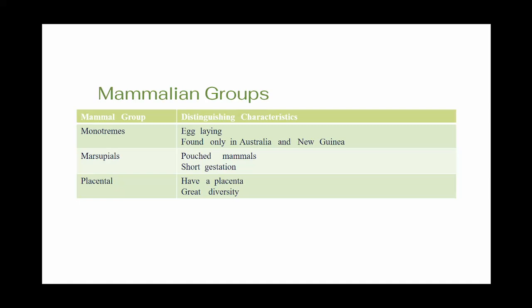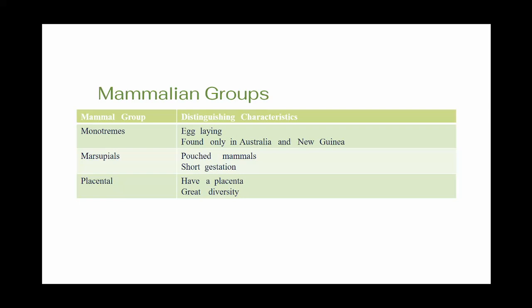Marsupials. They are mammals with pouches, such as kangaroos. They carry their children around. And also, I'm pretty sure koalas actually have one, but apparently their children are pretty stupid, so they can't get into it. Placental. They have a placenta. These develop fully in the womb. This includes us, humans, cats, most of elephants,